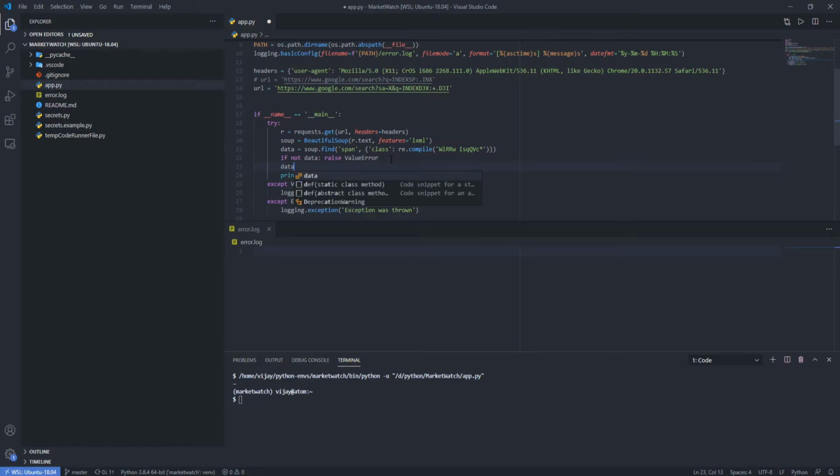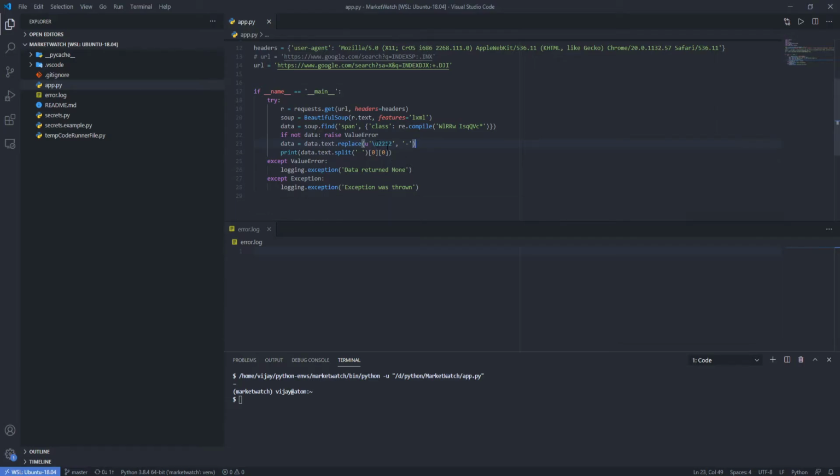I'm going to set data equal to our data, but I'm going to replace that Unicode, which was \U2212, with the normal minus sign on our keyboard. Now this is our new data, and we want to set the text of it to that. Data equals data.text, and this will just be data. Okay, so now that we've replaced this Unicode symbol with a normal minus sign,